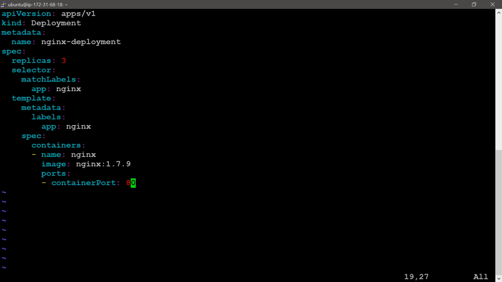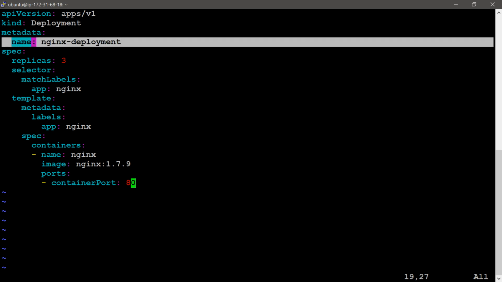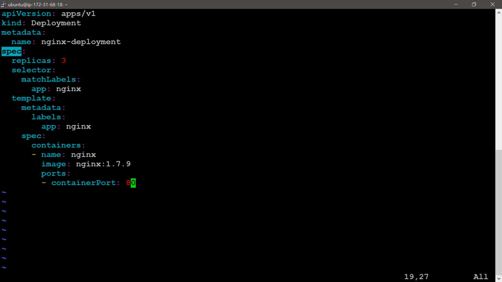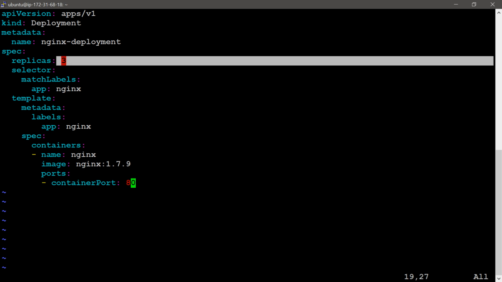Then I will give the descriptor here, simply API version. It will allow the deployment object: API version apps/v1, kind is the object deployment. In the metadata section I will give the deployment name here. Then in the spec section, I provided replicas 3 here. This is called spec replicas, the number of replica pods we need to provide. Here I am giving 3 replicas.